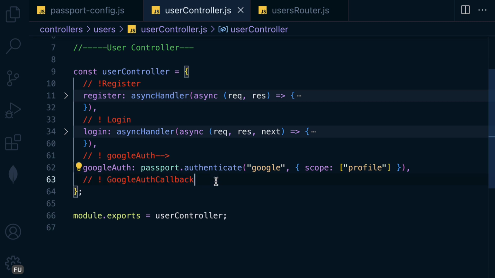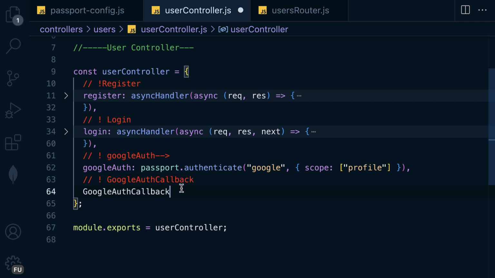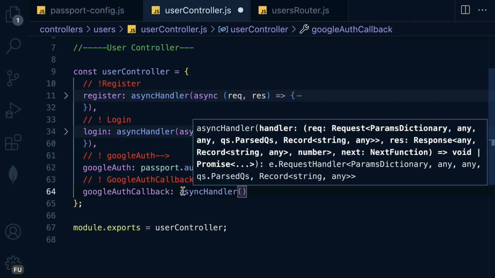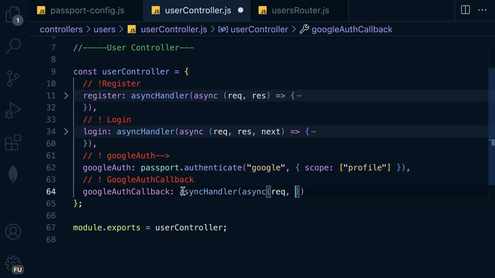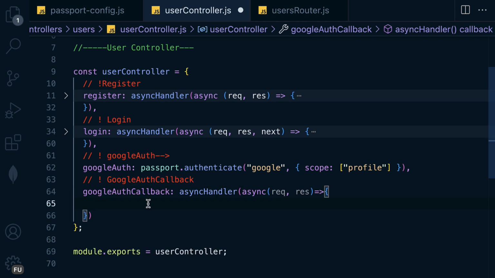So here I'm going to name it as Google Auth callback. And you can name it whatever you want. And it's going to be async handler, and then pass in the async req and response. And here we go. And inside, this is where we are going to use passport. So here as